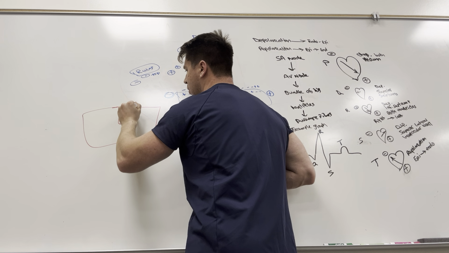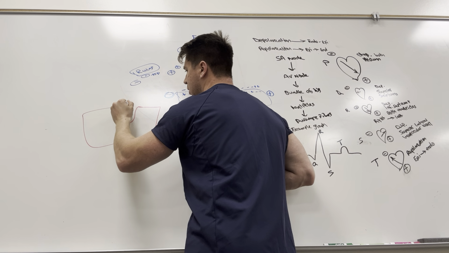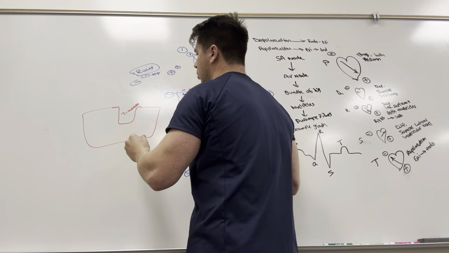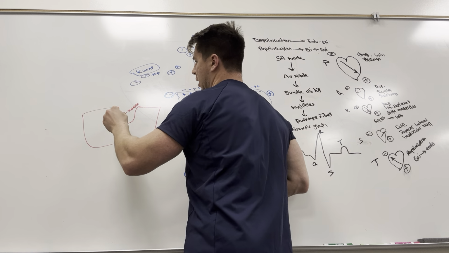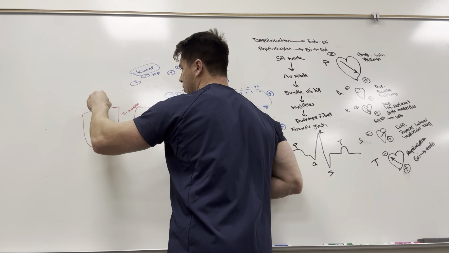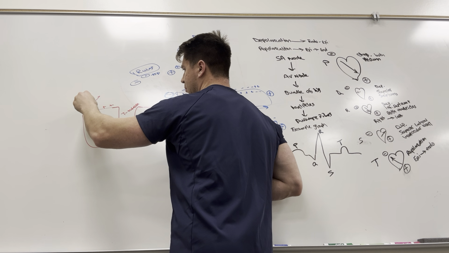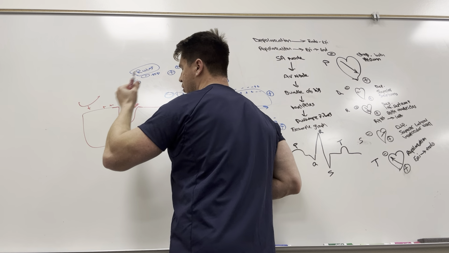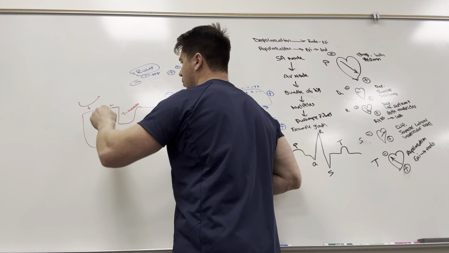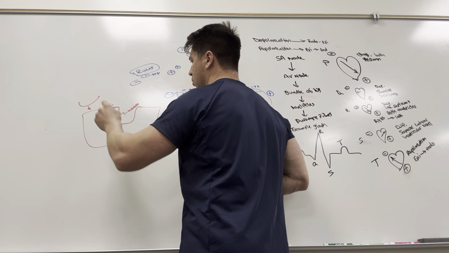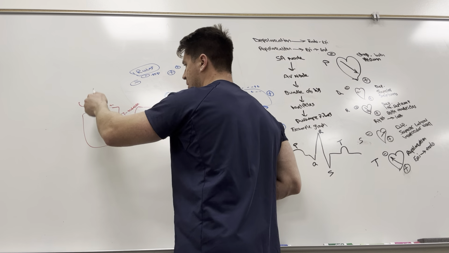And if I drew in a T-tubule here, what can happen is you have the neuromuscular junction, skeletal muscle, that occurs there with an action potential,